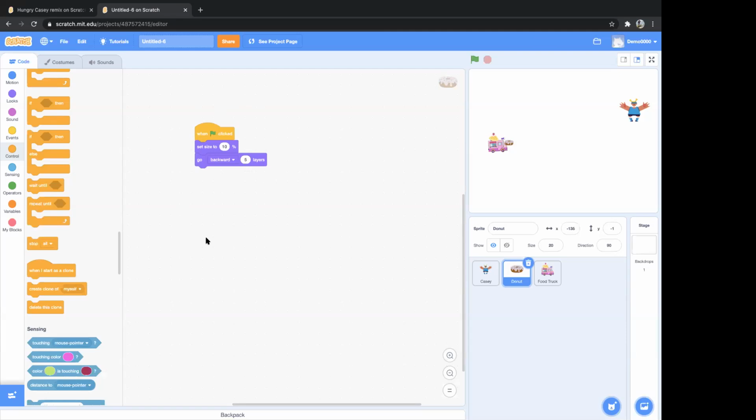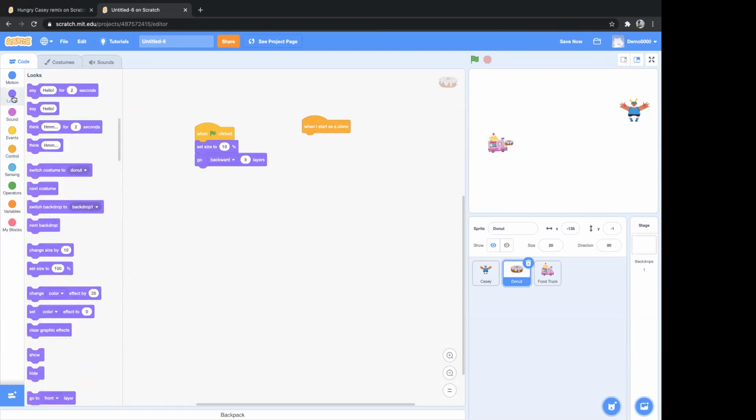Okay, so here we want clones of donuts because we want continuous donuts to be thrown from the food truck. So for that we will use this block, when I start as a clone. So when the donut starts as a clone, we want the donut to show. First, we'll make him hide here. So in the looks, I'll use hide and place hide here.